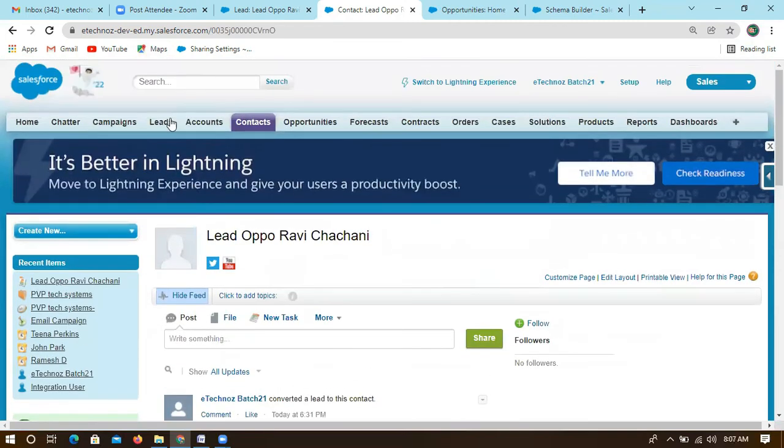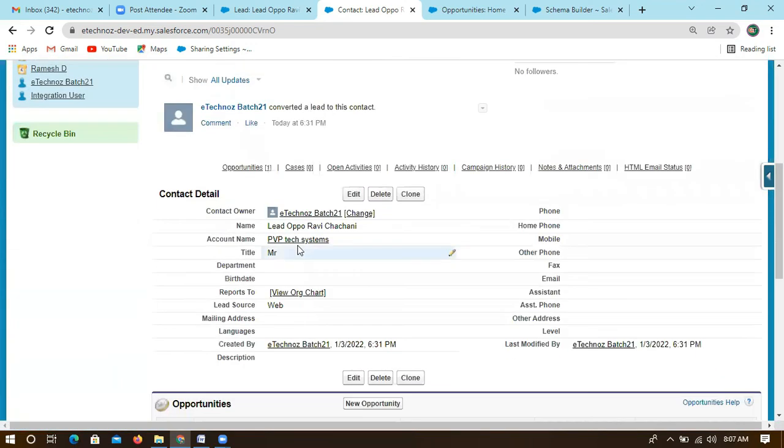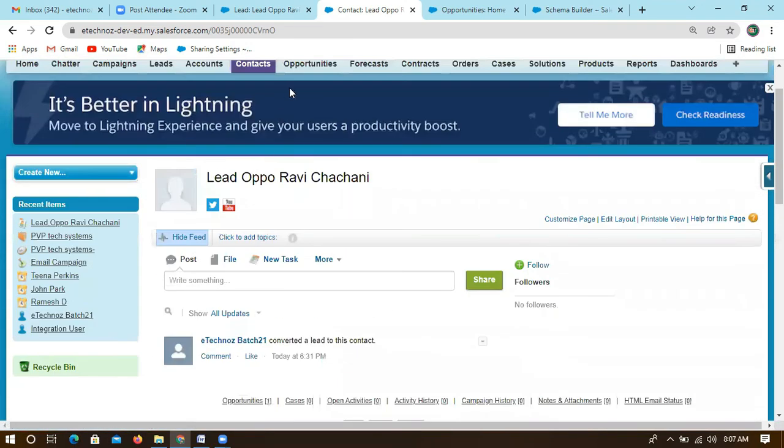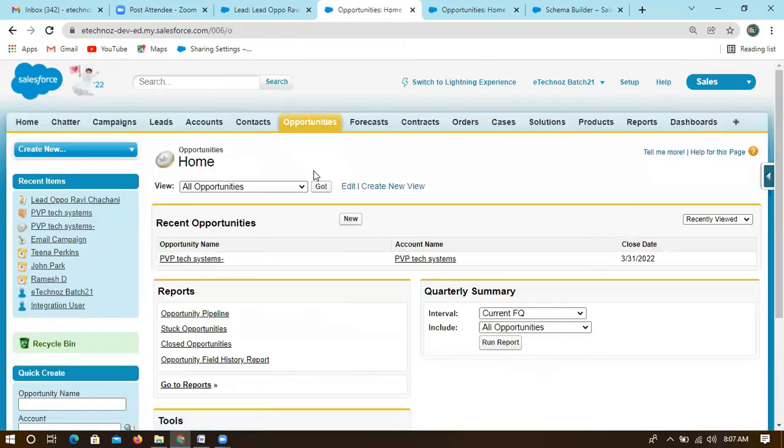So what we have done is we have just created a lead and converted that lead, and it generated one account and one contact, and the relationship also came up automatically. If you go to opportunities also, an opportunity is basically a revenue model. This has also been created within the system. You can create one more lead, convert it and check how these are linked and how these have been created within the system.